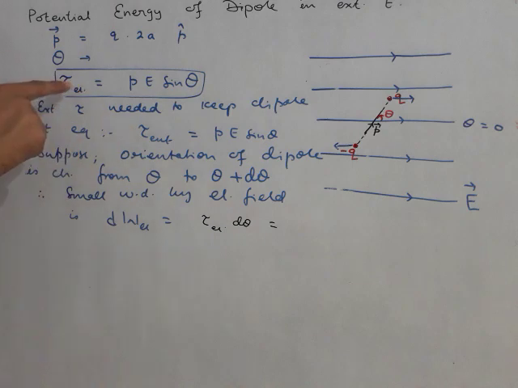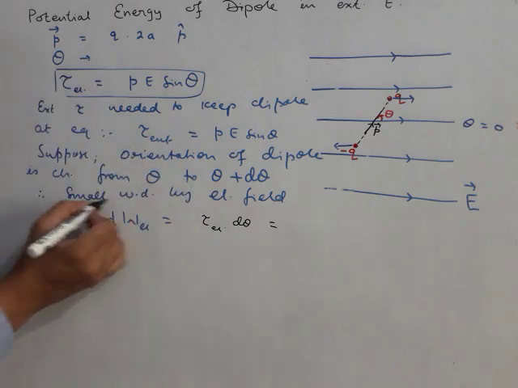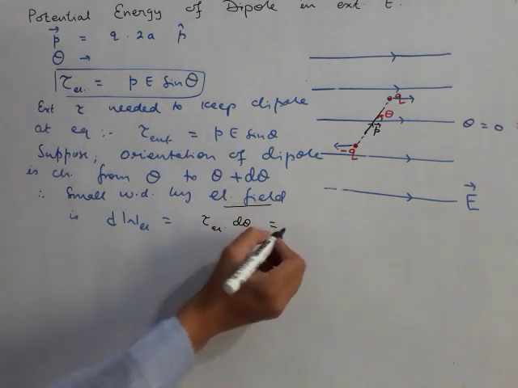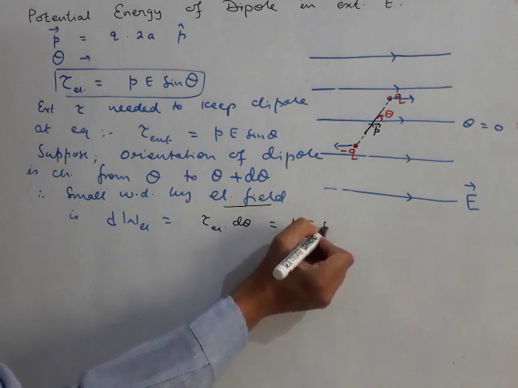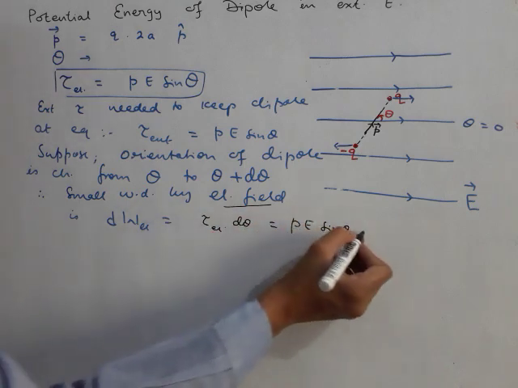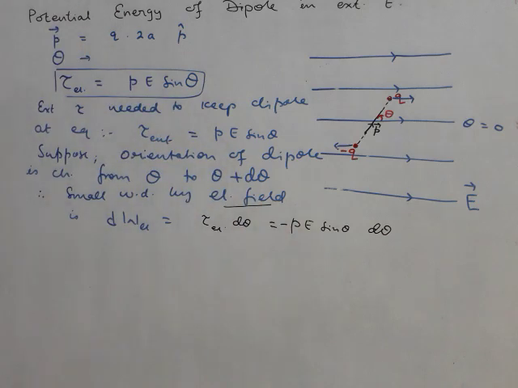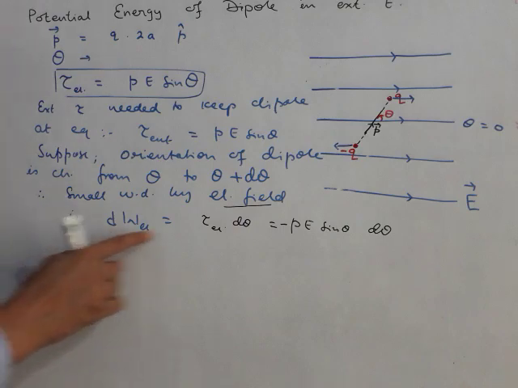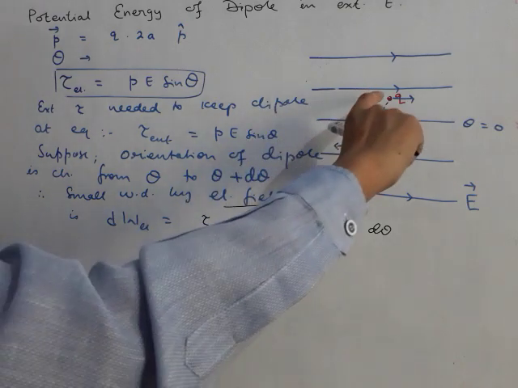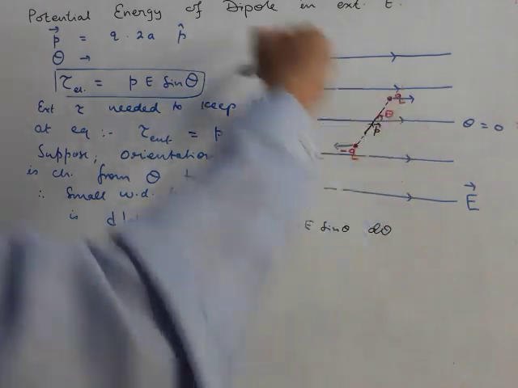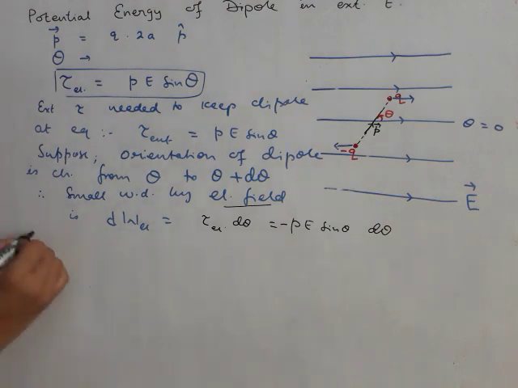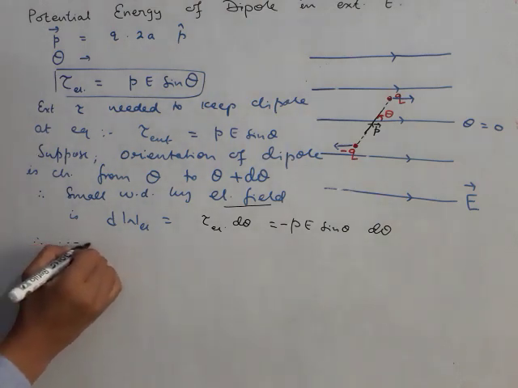How much is torque due to electrical field? We are finding the work done by electrical field. So tau is P times E times sin theta, and this is d theta, and we must put a negative sign, because we know if torque and the angular displacement are in opposite direction, work done will be negative. So torque is in this direction, clockwise sense, and d theta is in opposite sense. So therefore, total work done